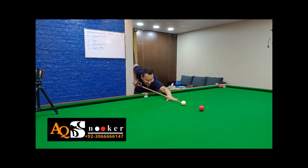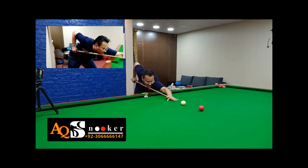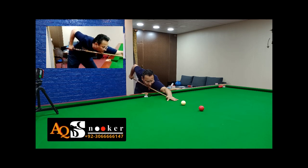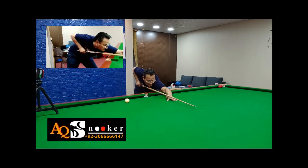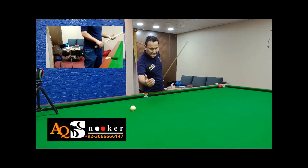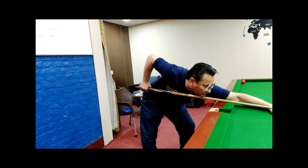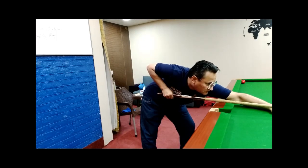And if you are having a struggle with your screw shot, or any other problem, just raise your bridge and just dig your cue, and let the cue go through. Don't hold or stop your cue, let the cue go through. You can see, okay, let the cue go through and your screw shot will be done automatically, effortlessly. That's the good name of the shot, try to learn to play a screw shot effortlessly,